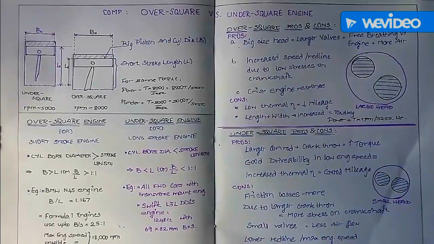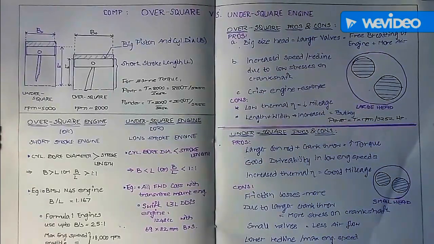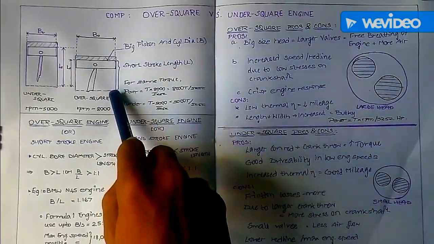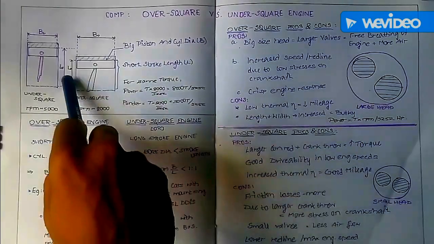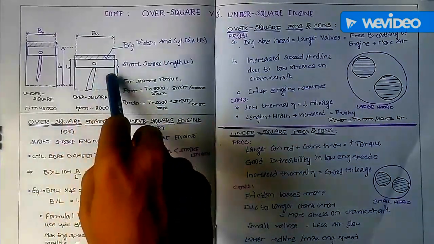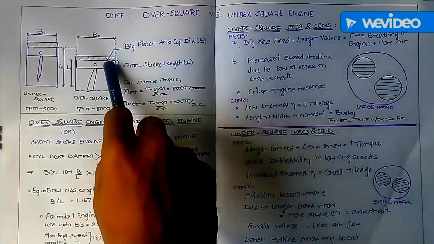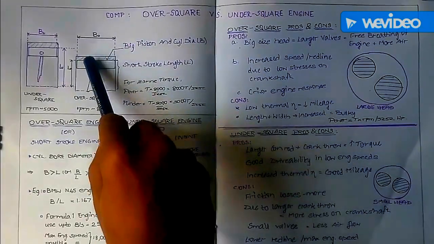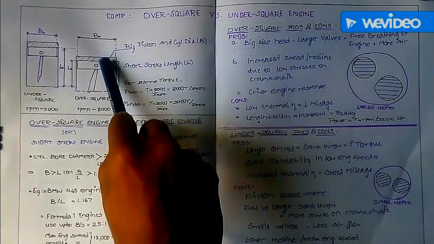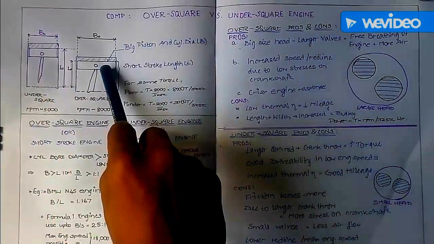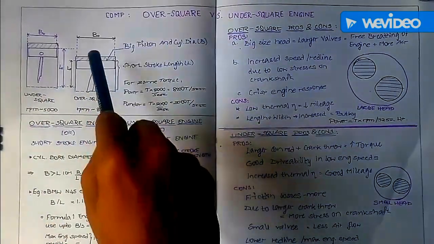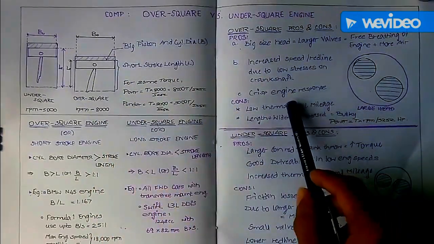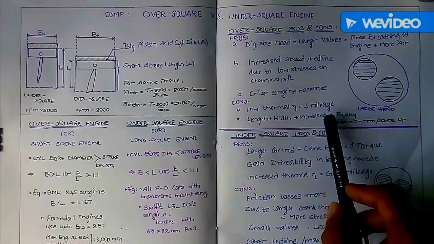Well, there are some disadvantages in an over square engine layout. The first is the lower thermal efficiency. Since the piston travels a shorter distance, it would have a shorter surface area in the combustion chamber to cool off the burnt gases after the combustion stroke. So, the air inside an over square engine would always be at a higher temperature compared to an under square engine. That means there's a lower capability for the engine to convert the drops of fuel into energy. That means lower thermal efficiency, and that reduces the mileage of the engine.